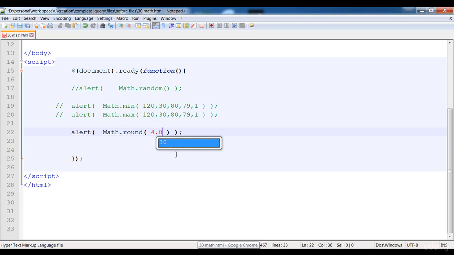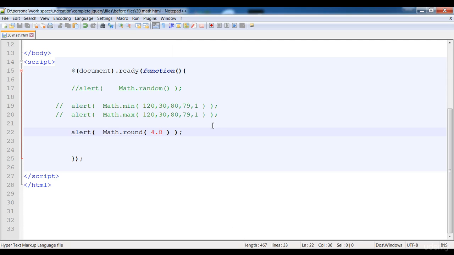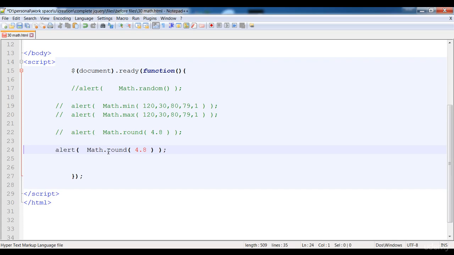And here if we write 4.8, the integer that is near to 4.8 is 5. Here you can see that 4.8 is near to 5. So in this way, decimal numbers are rounded to the nearest integer. And here I'm going to tell you about other functions, that is ceil and floor. So what are ceil and floor? Ceil is a function that is used to